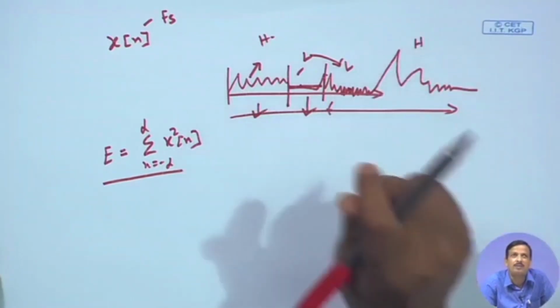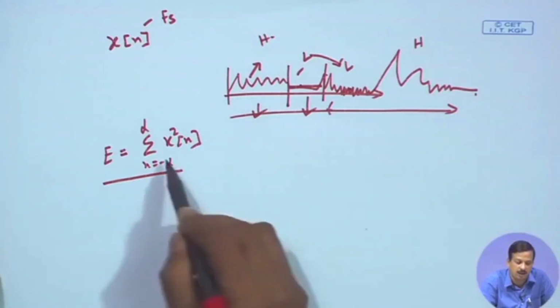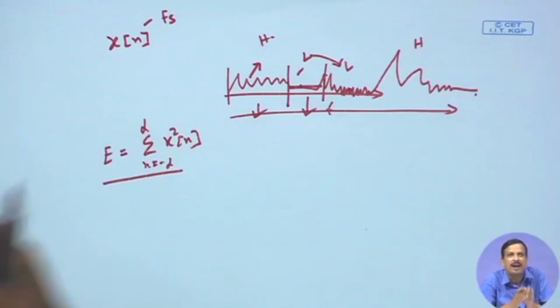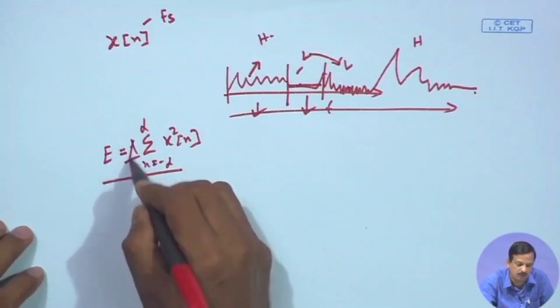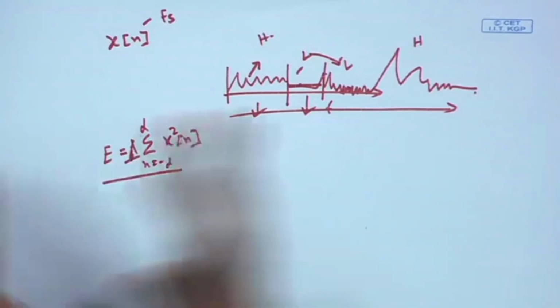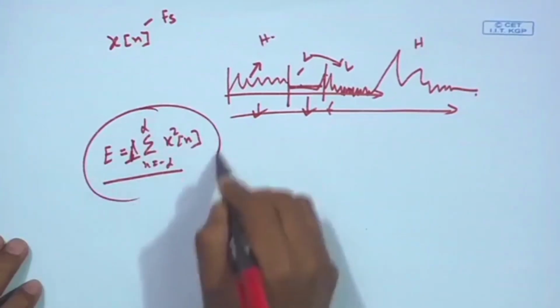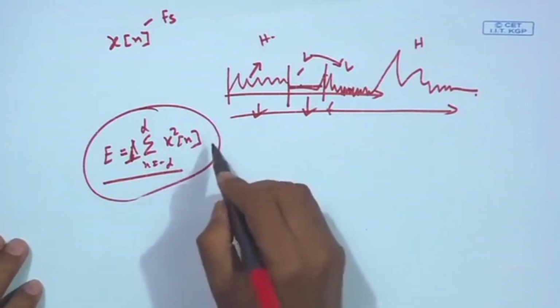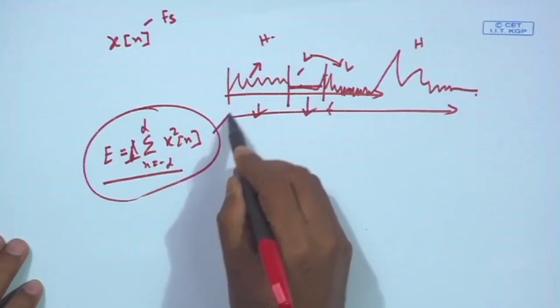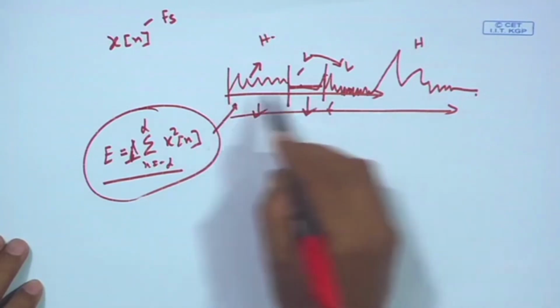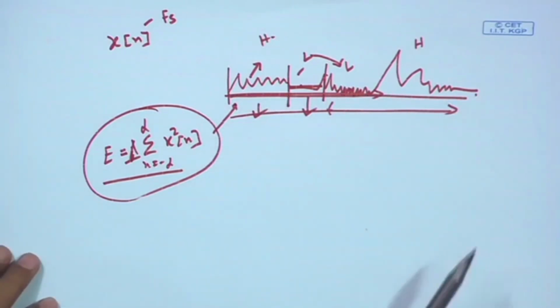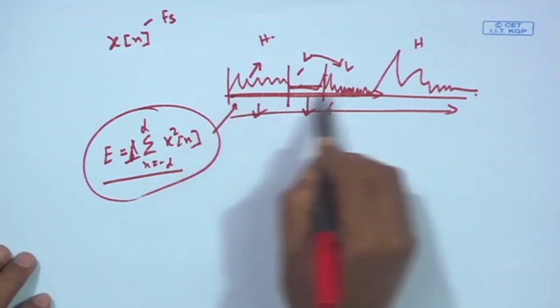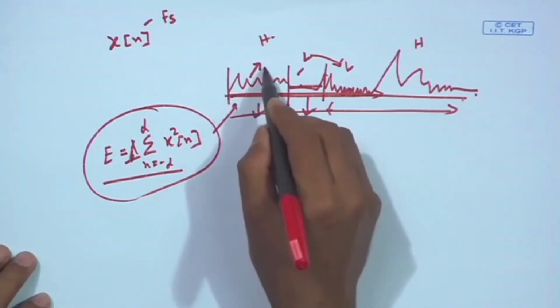So, if I want to know that information, and I take the whole signal at a time and find out the energy, it gives me the average energy, or I can make the average also, 1 by N. So, I can get either the total energy or the average energy of the whole signal. But that information, the whole signal energy, does not give me any kind of parameter which I can use for some purpose in speech processing. So, what we have done, instead of taking the whole signal at a time, we try to analyze the signal